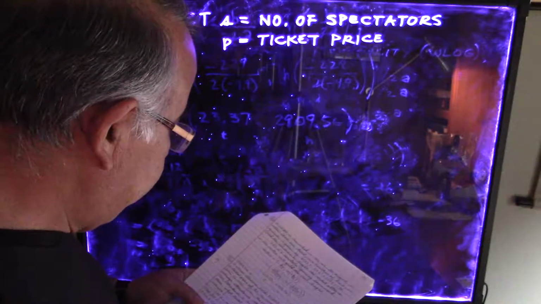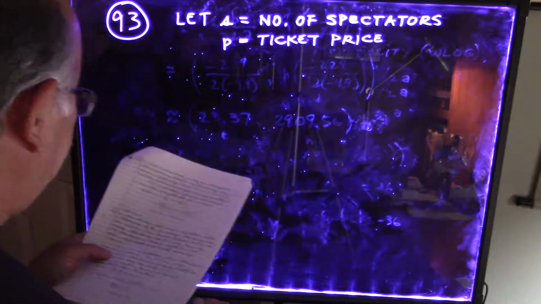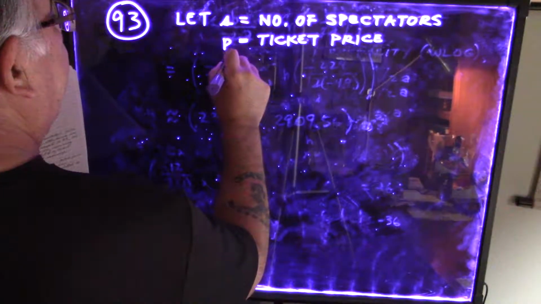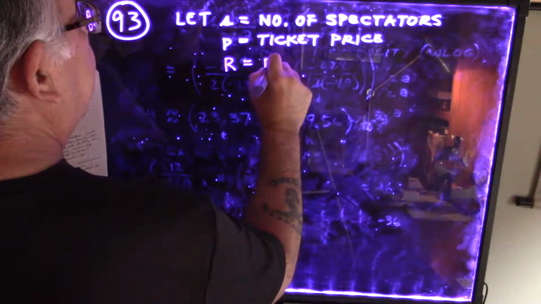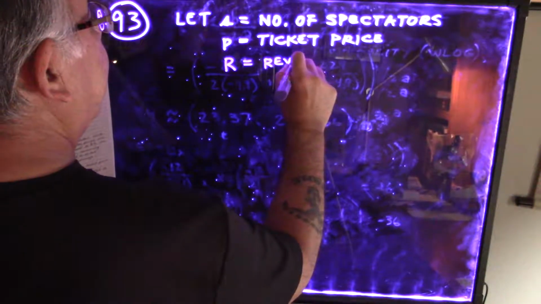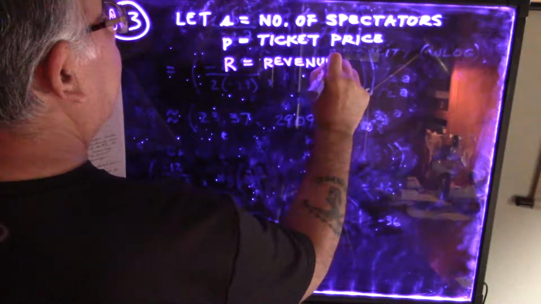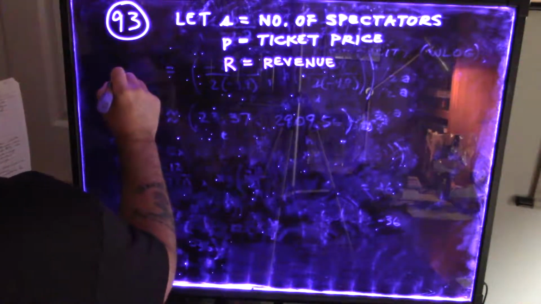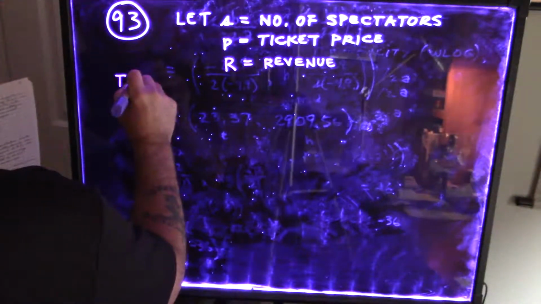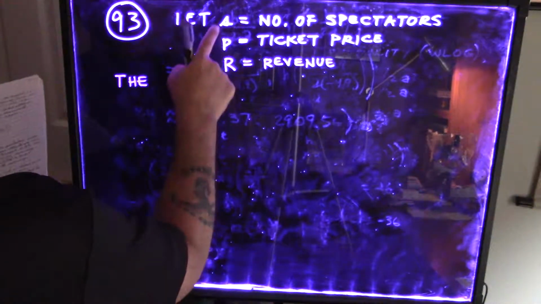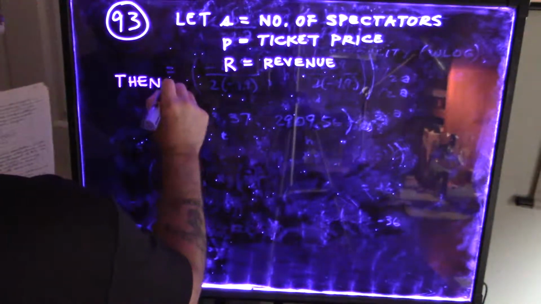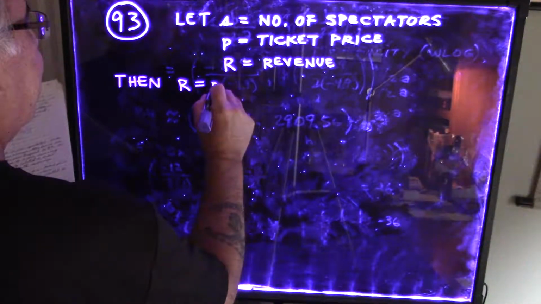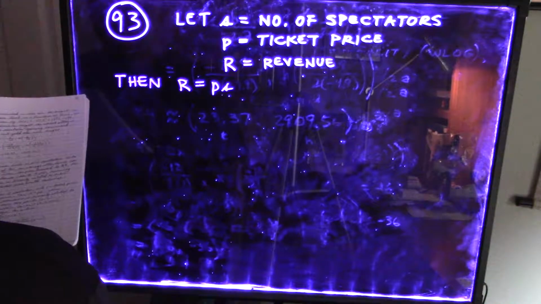Now, we're going to let R also equal the revenue. Capital R, call it. In other words, the amount of money they're taking in. So we have three variables here. Then R will relate the two variables here, S and P, because R equals what? PS, where